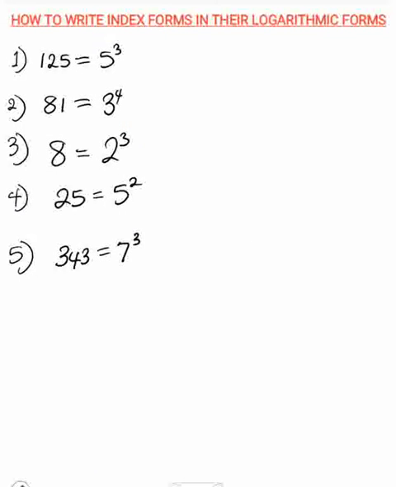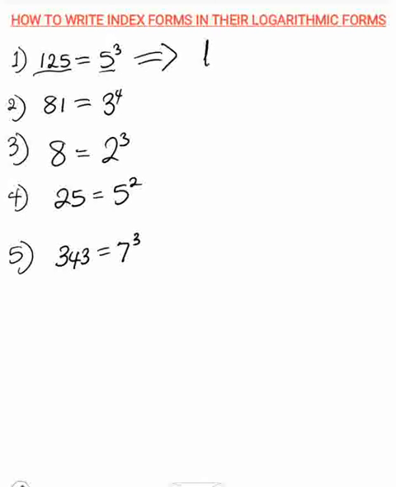Now, how to write index forms in their logarithmic forms? We know that indices and logarithms are quite related. So we can simply write index form in their logarithm form. But recall that we say that the logarithm of a number, say 125, to the base, that is 5, is the number of times 5 will be raised to give 125. So we can still transform this back to the logarithmic form to give,